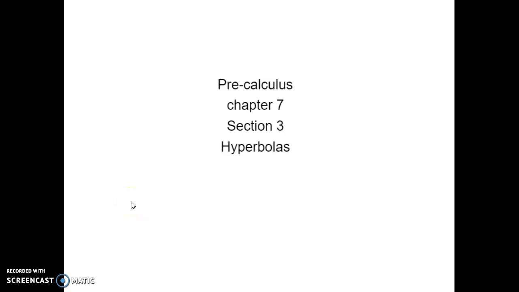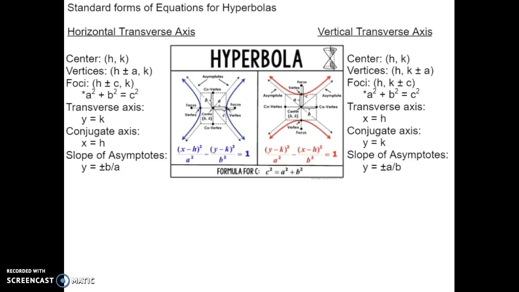Welcome back, pre-calc. So, Chapter 7, Section 3, Hyperbolas. This will be new to you, but there are a lot of similarities between this and ellipses. A hyperbola is two parabolas back to back, which is a good way to describe it. Definitely not the definition, but it looks like a parabola opening left and a parabola opening right when they have